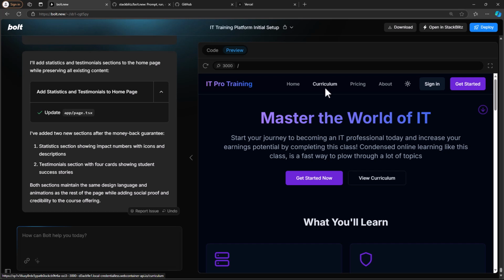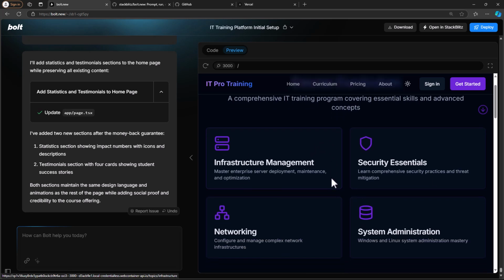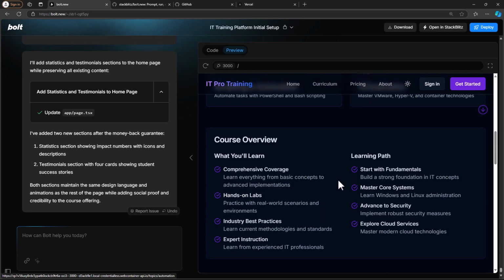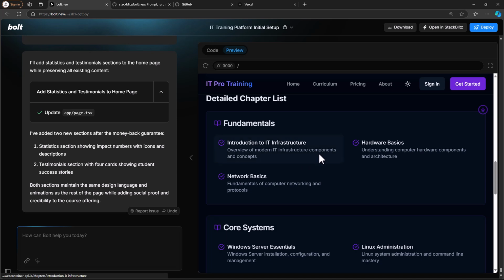The curriculum page, let's take a look at that. So these tiles also you can click on. They go to the other pages. Then there's a course overview, and if we go down a little bit further, there's a detailed chapter list. Now this would all be locked down to people who would purchase the class, but for now I can click on them. So like Introduction to IT Infrastructure,